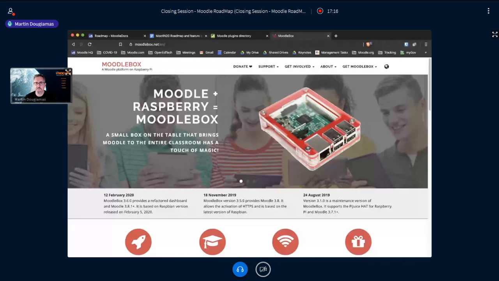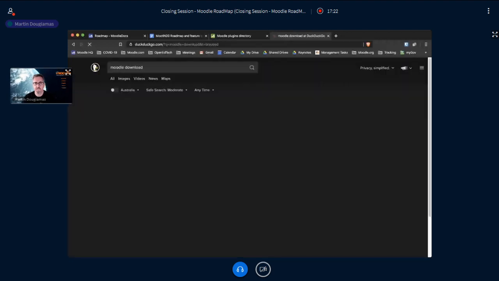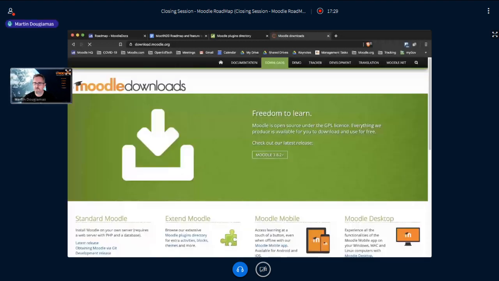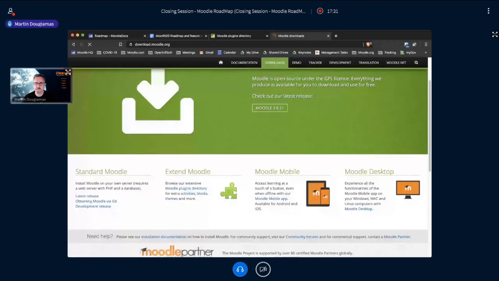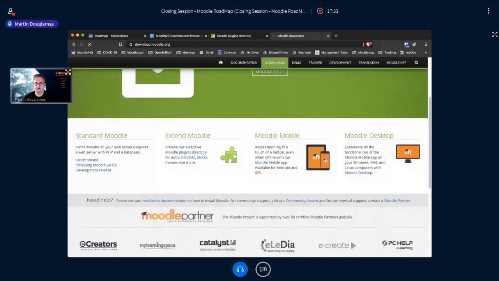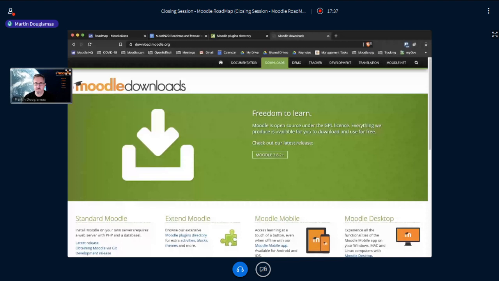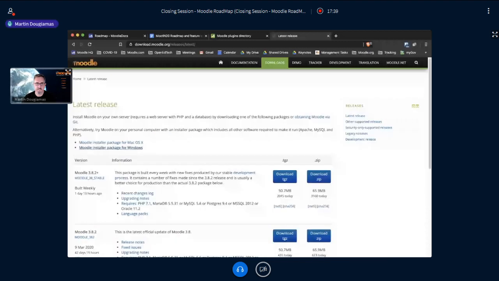And the other thing is on the Moodle downloads page. If you look on our download page, there's installation documentation, but there is also an installer package for Mac and an installer package for Windows.